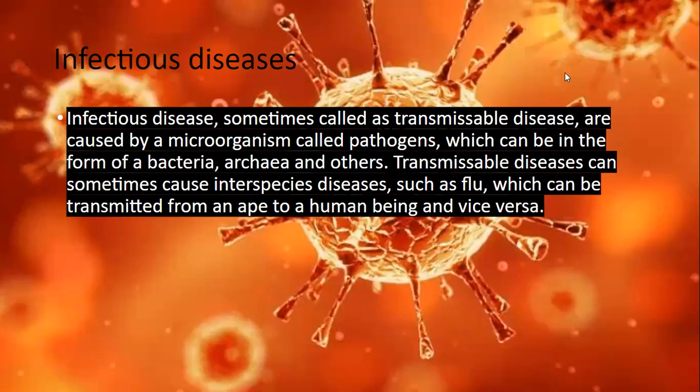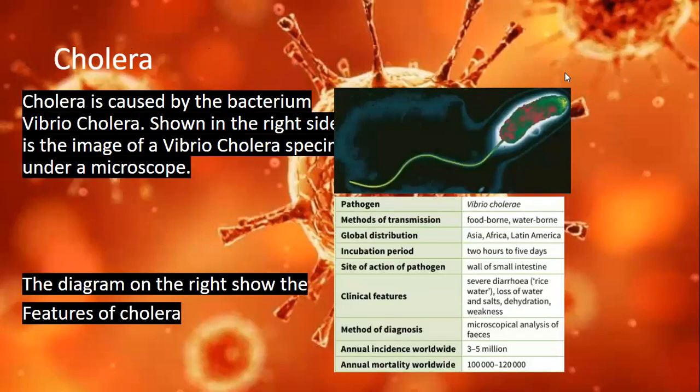Infectious diseases, or transmissible diseases, are caused by microorganisms called pathogens, which can be in the form of a virus, a bacteria, an archaea, etc. Transmissible diseases can sometimes cause interspecies diseases, such as flu, which can be transmitted from an ape to a human being and vice versa. After we understand what a transmissible disease is, we would like to learn a bit about